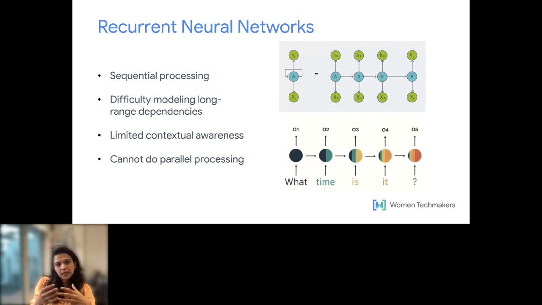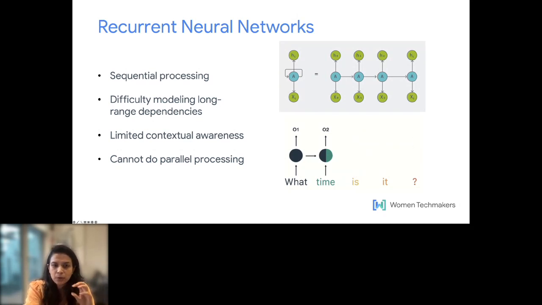The same thing RNN does for processing data sequentially. So they have something called sequence memory. What RNNs will do is process data one word at a time. If you see over here, this is the recurrent neural network. Let's take this example now. We ask the chatbot, what time is it?